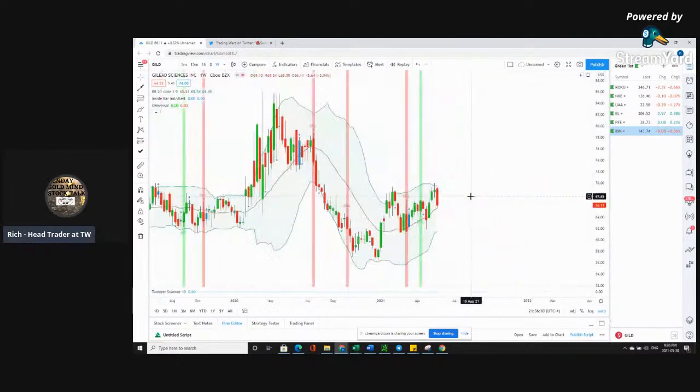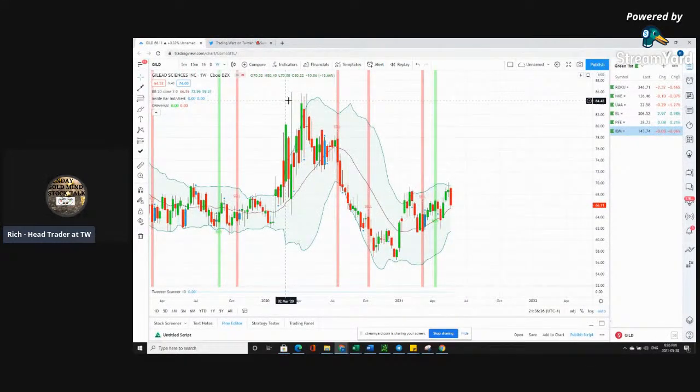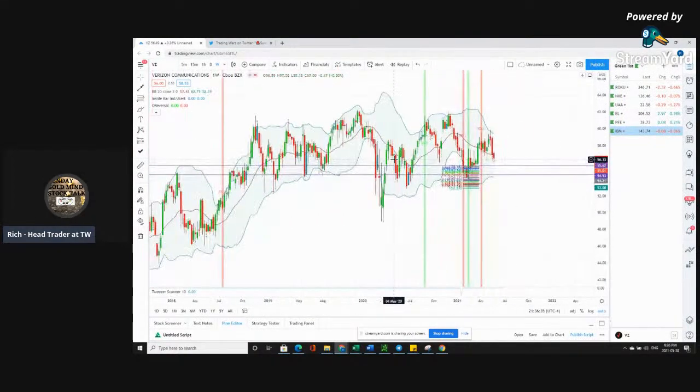Nothing really happening here. I don't really like this ticker because you could see it's very rangy, and then there's a lot of manipulation here. You see this wick. This is a name that I would not trade just because I don't want to be manipulated, right? VZ. Also for the